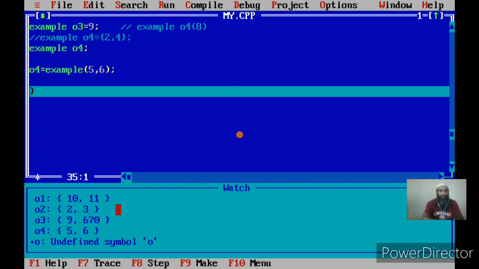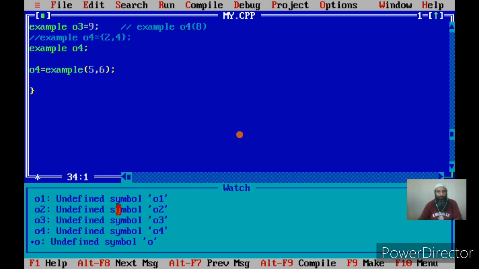I can do it as many times as I want. Suppose after executing a set of statements or doing some manipulations on O4, I can say O4 equal to Example 3, 788. Now I am giving different values to its data members.